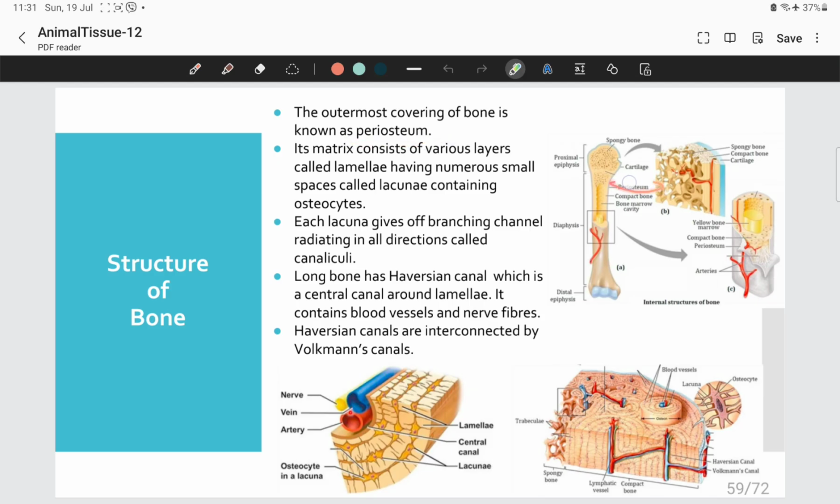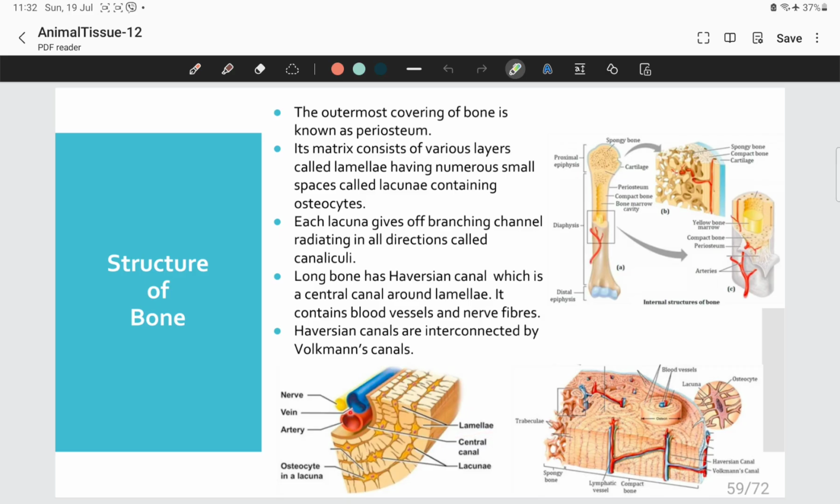So this is periosteum, and its matrix is a solid structure, and this solid structure consists of various layers that you can see. This is one layer, two layers, three layers, four layers, and those layers are arranged in the form of rings, and this structure is known as lamella,